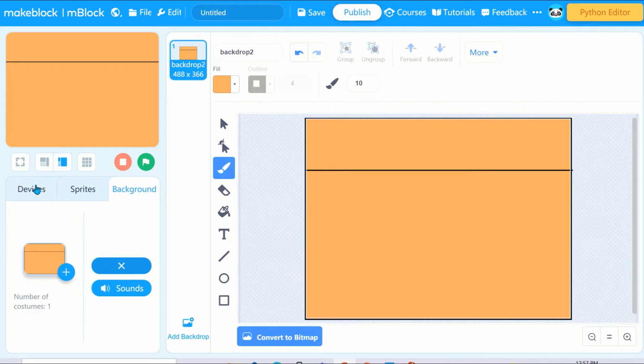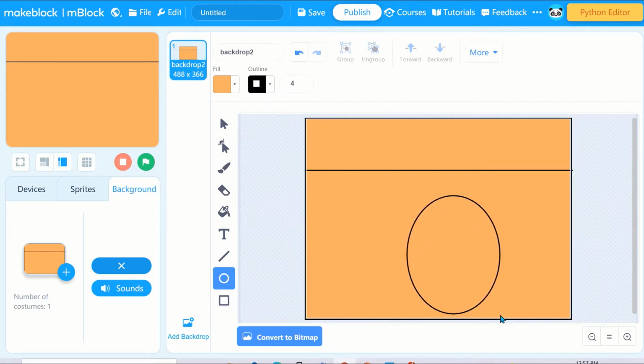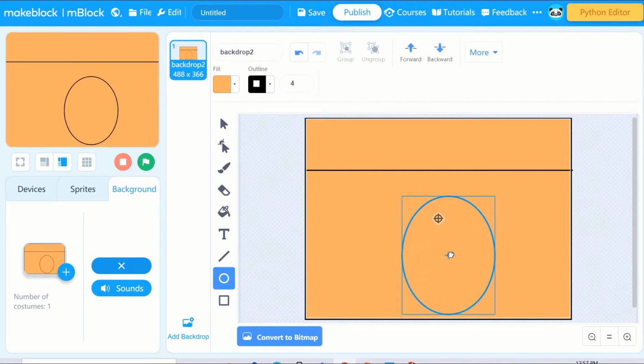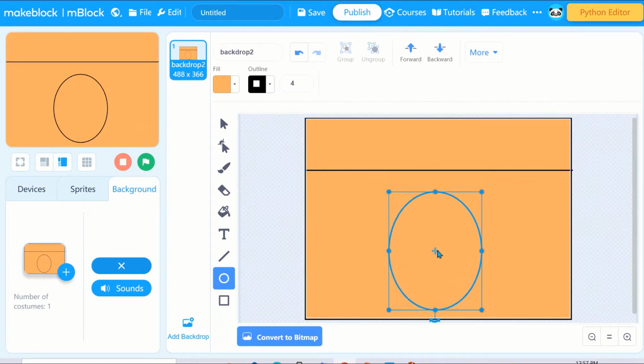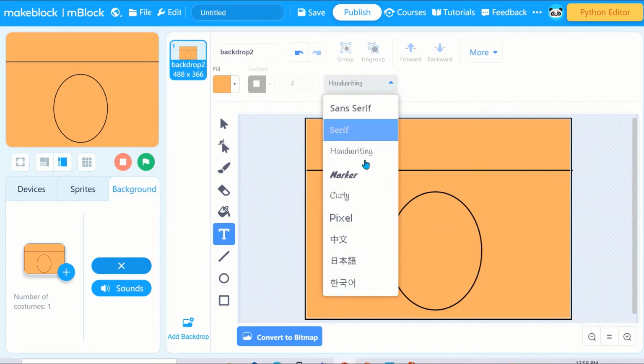Now I'm going to take the circle option. This part is not mandatory, means if you want to do it, you can do it. If you don't want, you don't need to do it. I'm going to take a circle and make it over here. Now I'm going to choose the text option, choose a curly,